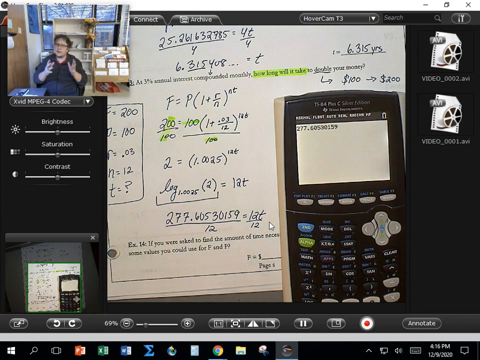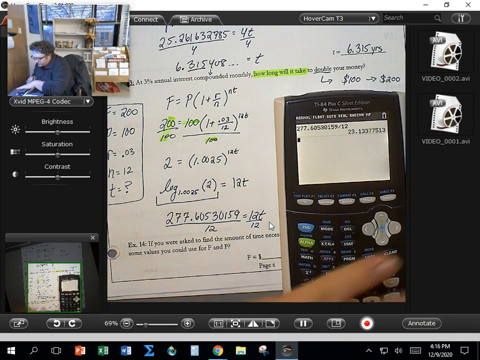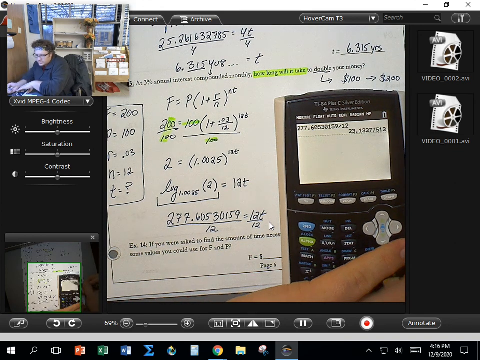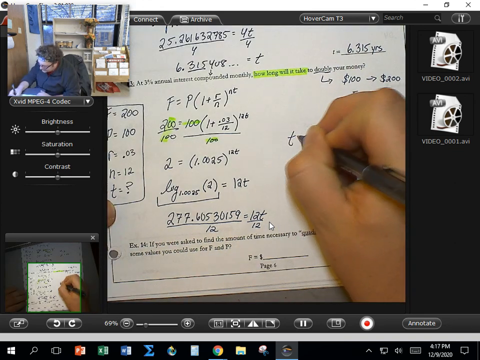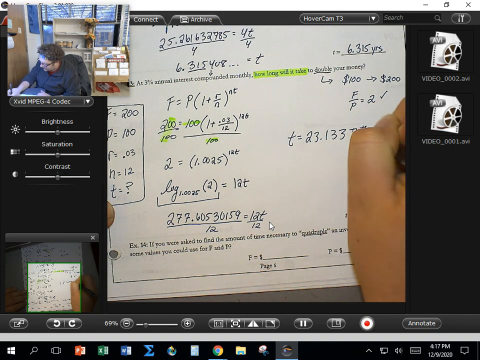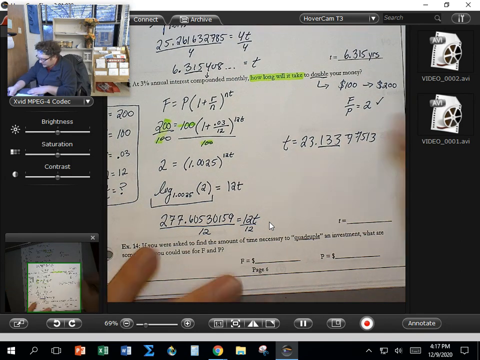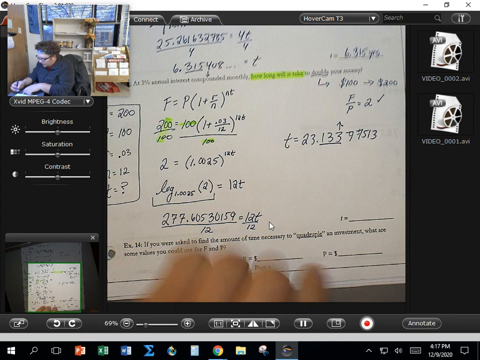So 277.60530159. I know I'm crazy. I love the precision though. And divided by 12, there's 23 years and change. So we got t equals 23.13377513. And we're going to round that to 3 decimal places. And that 7 is going to make that 3 go up. So we are at